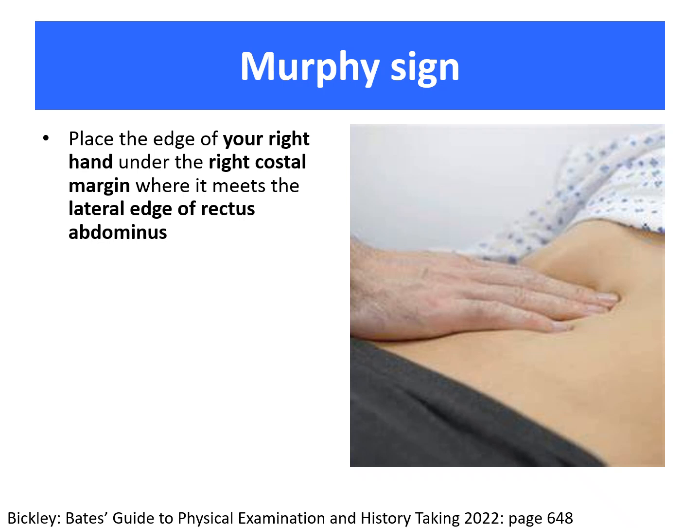Murphy sign we talked about when we were discussing acute cholecystitis. In the sign, after you've explained what you are planning to do to the patient and that what you might do might cause some pain and get permission, then you are going to adequately expose the anterior aspect of the abdomen. You're going to place the edge of your